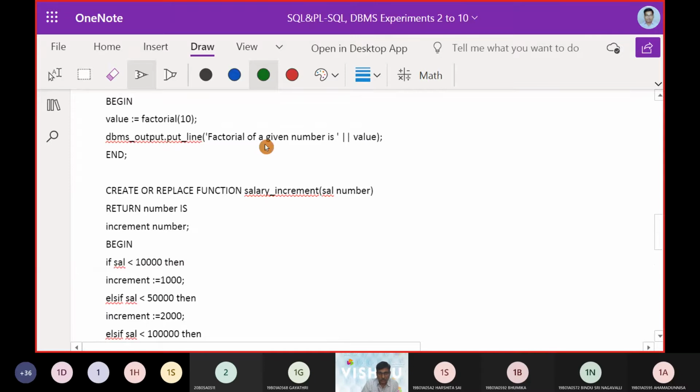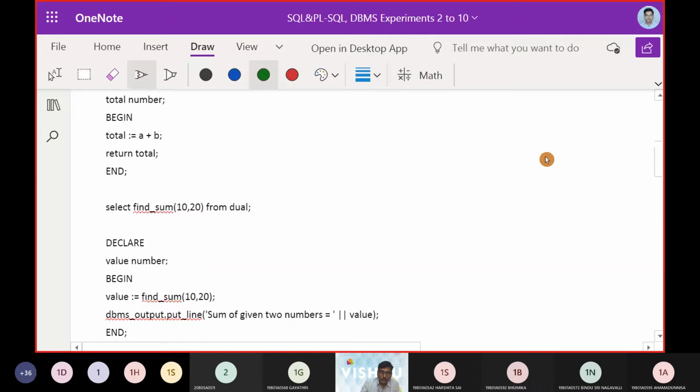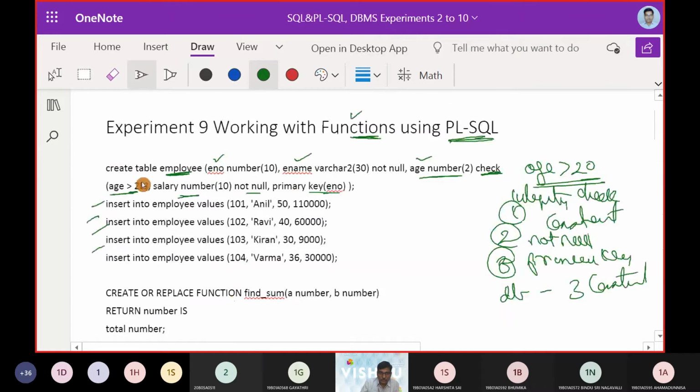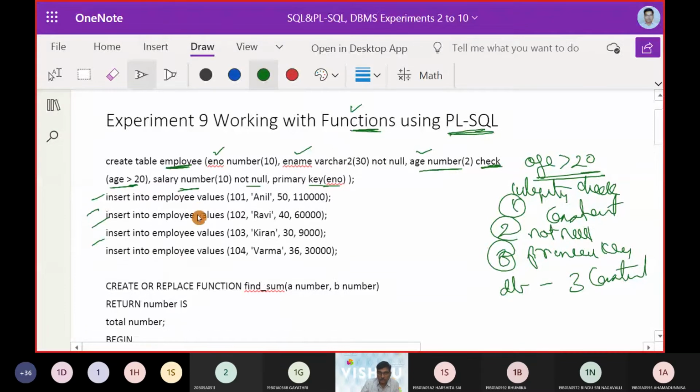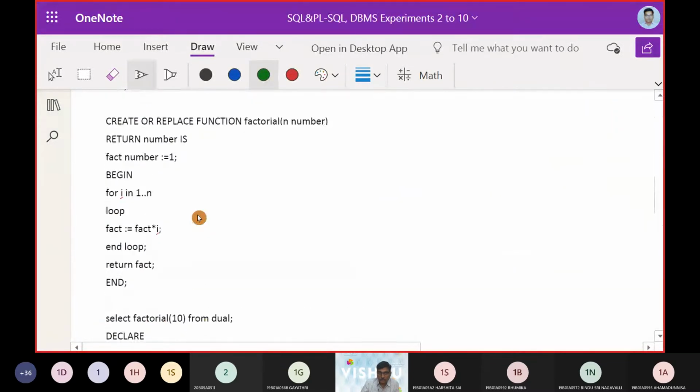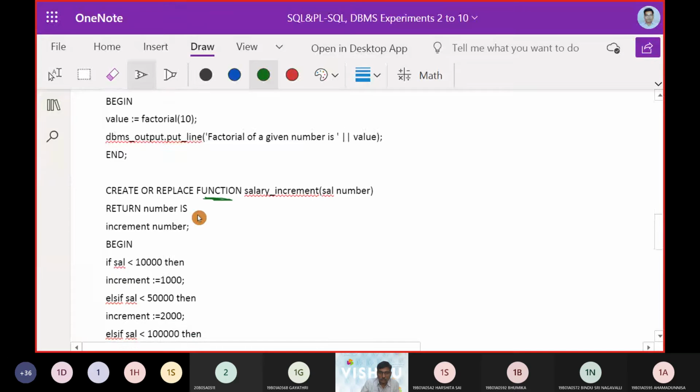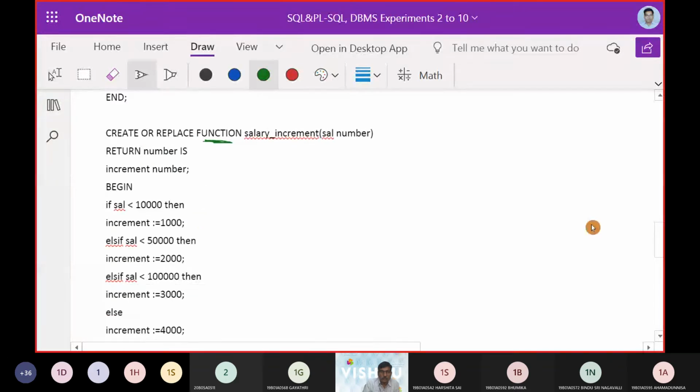Now we are going to call up a function, and this function should work on the table called employee. This was the aim, right? Some operation has to take place on the database, that too in an approach called function. So that was why we are doing this. For that, we are going to say create or replace. These are keywords here.